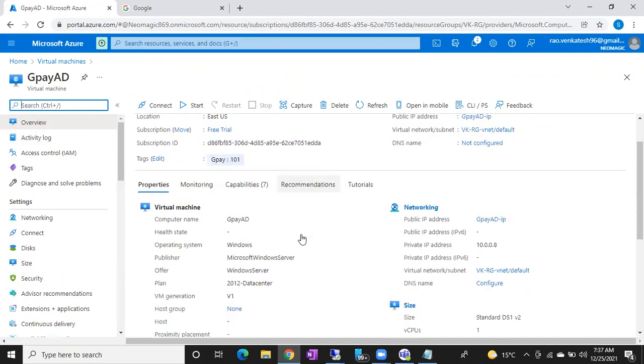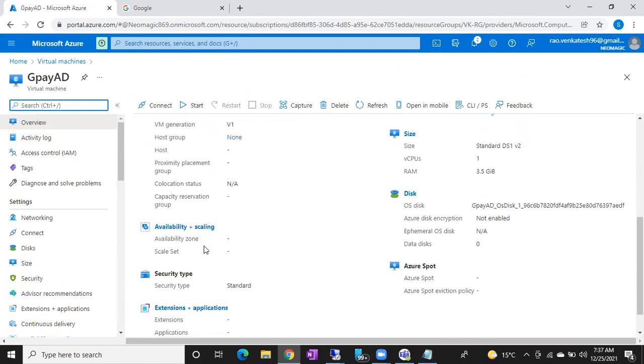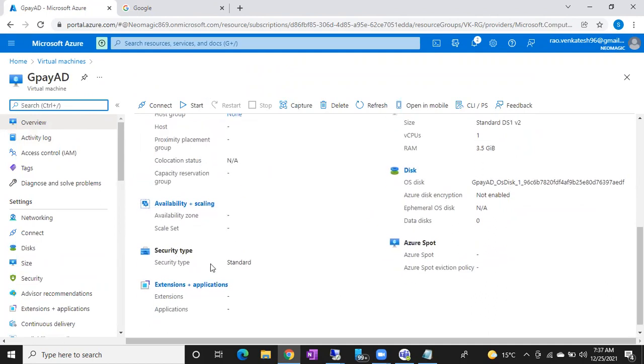Monitoring, capabilities, recommendations, availability scaling, security type, standard extensions.